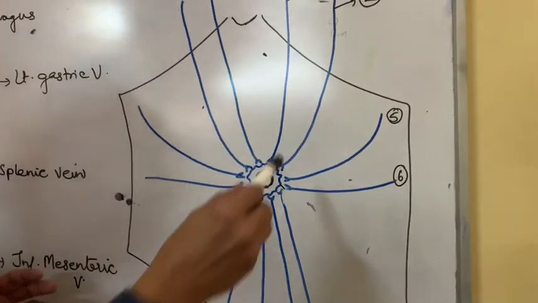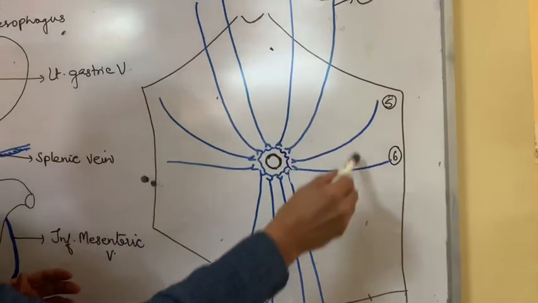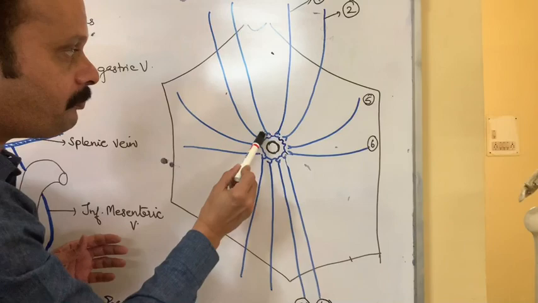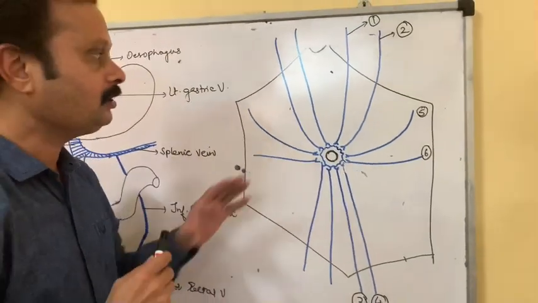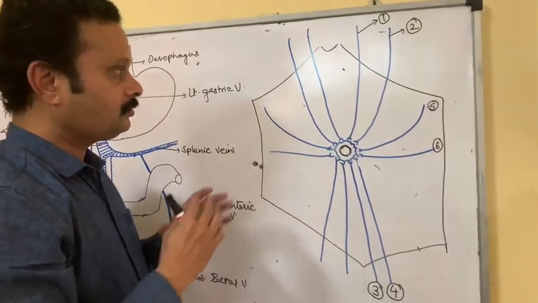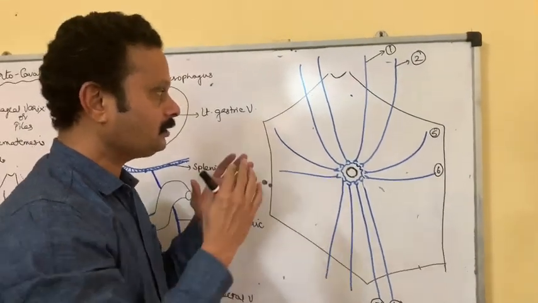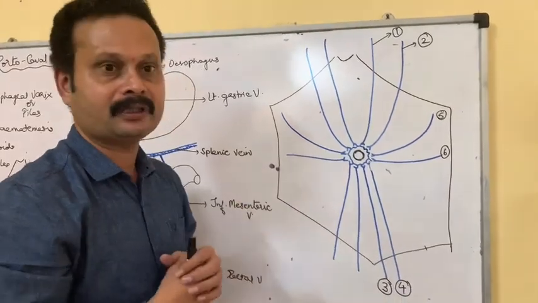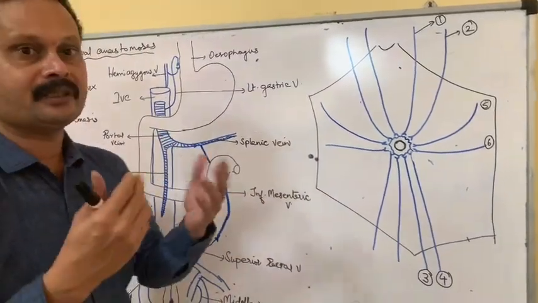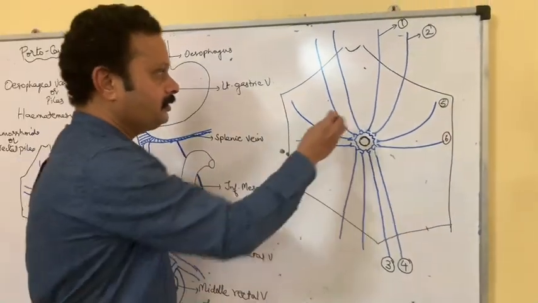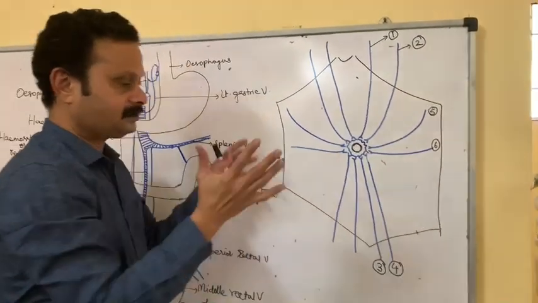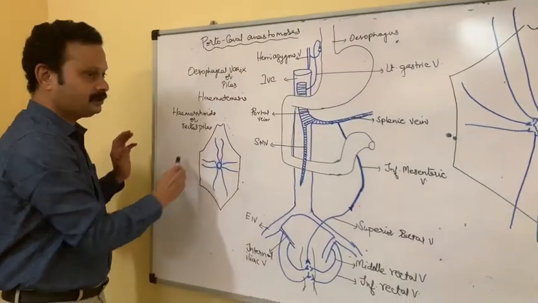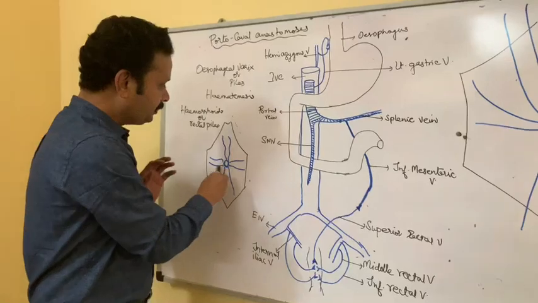So all these systemic veins belonging to the caval system anastomose around the umbilicus with the para-umbilical vein belonging to the portal system. So when there is increased obstruction to the portal system, particularly in diseases of the liver or any reason where there is a portal obstruction, these veins around the umbilicus enlarge and they look like the spokes of a wheel around the central umbilicus.